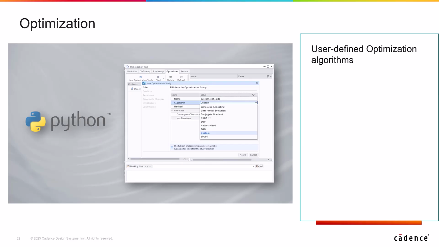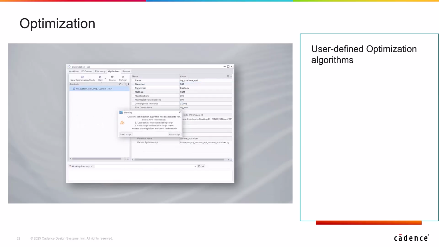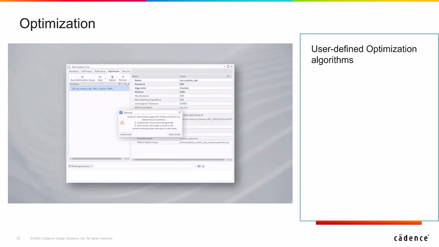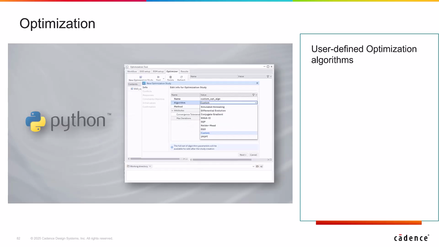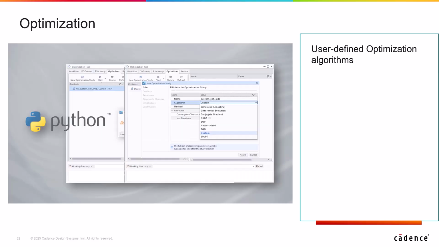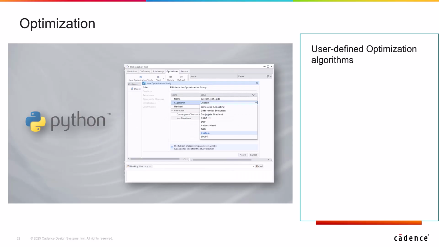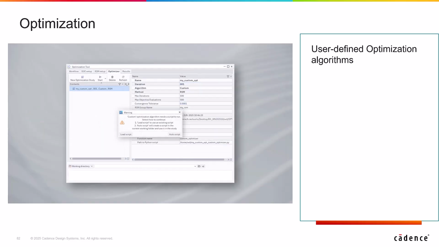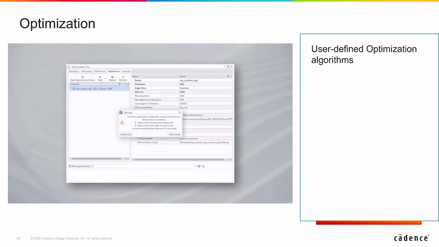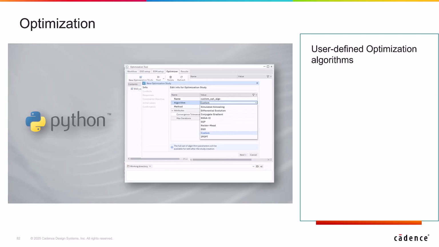Custom optimization algorithms written in Python can now be implemented in ANSYS optimization tool to define and run optimization studies. Upon selection, a dedicated interface will open, where users can add their algorithm according to the tool's specifications and requirements. An example is also available to help guide users with the setup.